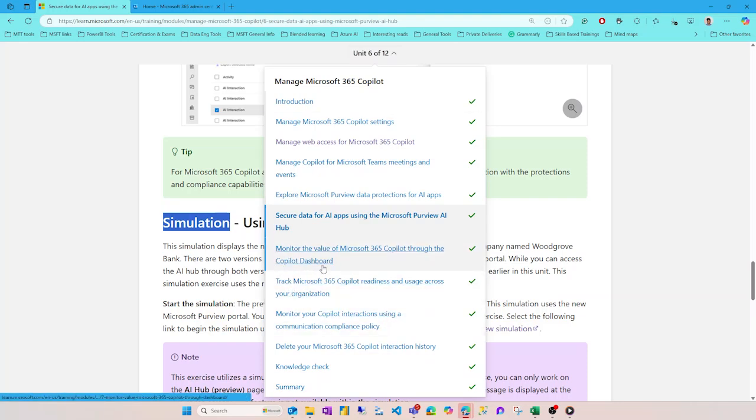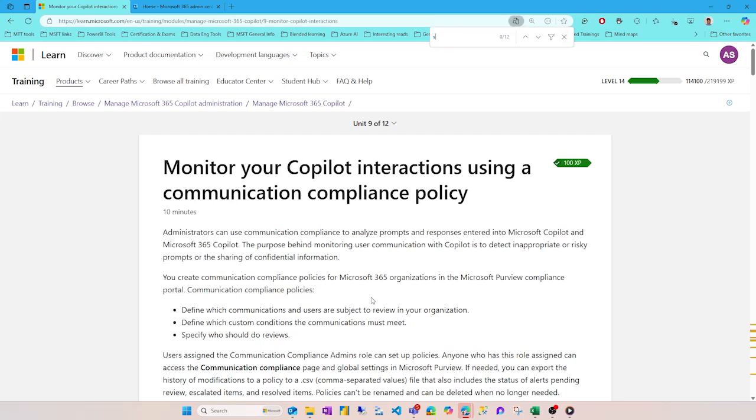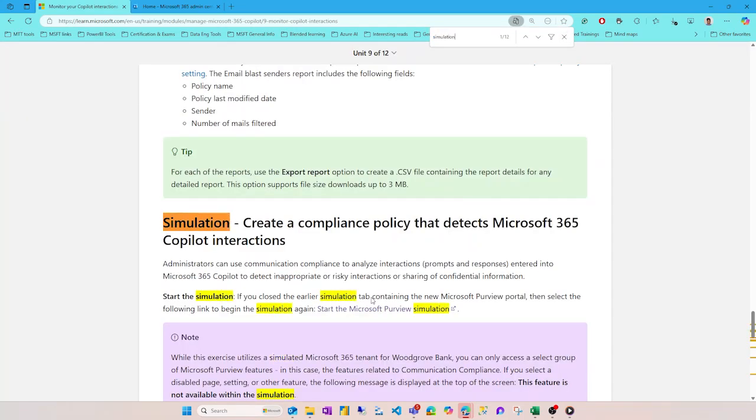These Copilot Readiness and Copilot Dashboard pages don't have it. And the last simulation you can find is in the Copilot Interactions using a communication compliance policy page. That also has a simulation, and that's the last simulation that you can access.